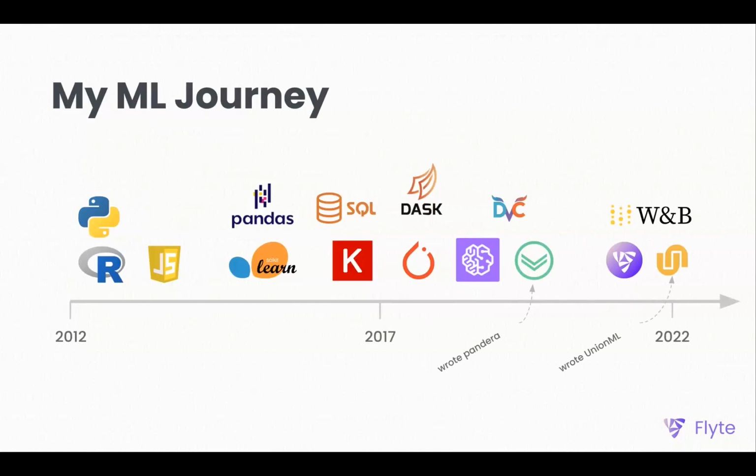My particular journey starts in 2012. I learned Python and R in tandem in grad school, and picked up a little JavaScript to do some web stuff. Then around 2015 I got my first industry job as a data scientist. That's where I learned more of the data science specific tooling like pandas and sklearn. And if any of these logos make sense to you, you see SQL and Keras and Dask and PyTorch. This is just a sampling of the various tools that I added to my tool belt as I continued to work in industry.